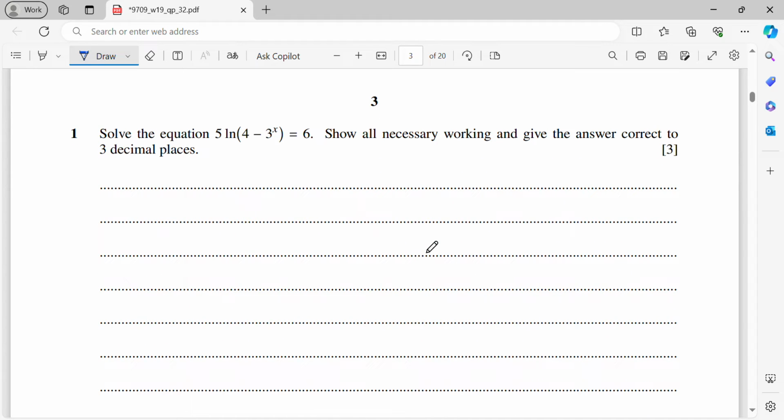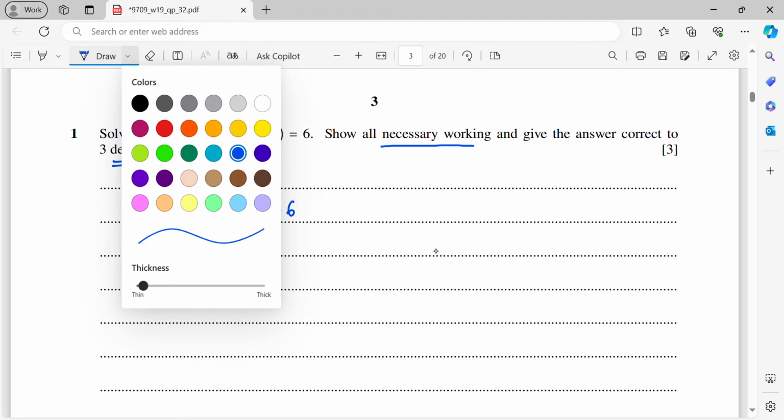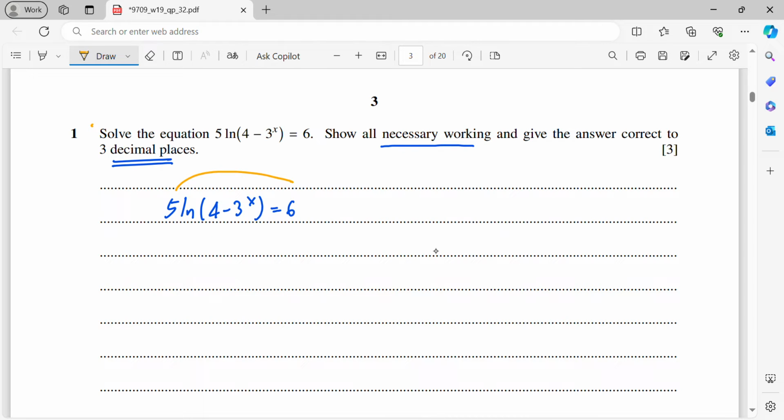Okay, so for question number 1, solve the equation 5 ln(4 minus 3 to the power of x) equals 6. Show all necessary working and give your answer correct to 3 decimal places. So first of all, I will rewrite the question. Now, when we solve, it means that we need to find the x. So first of all, the 5 will be moved to the other side, becomes divide. So here I will be getting ln of (4 minus 3 to the power of x) equals 6